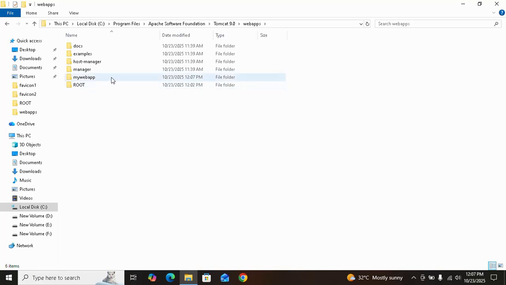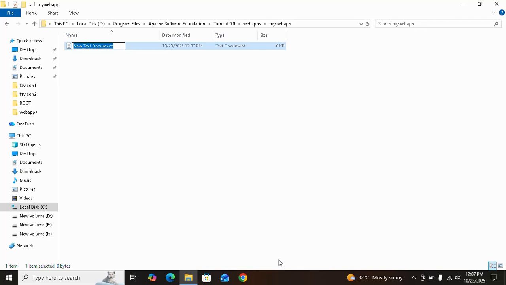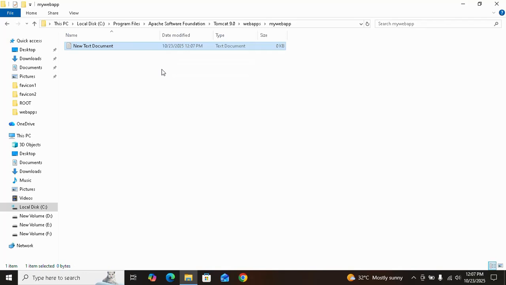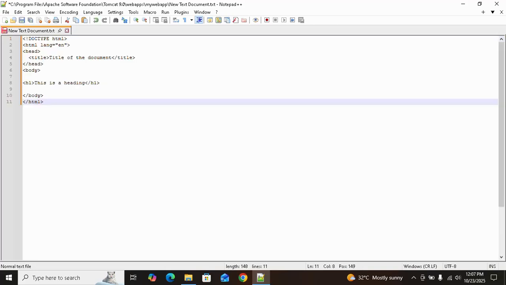Go inside the folder, then right click, new text document. Select the document, right click, edit with Notepad++. So now you have to put the HTML code. So once you put the HTML code,